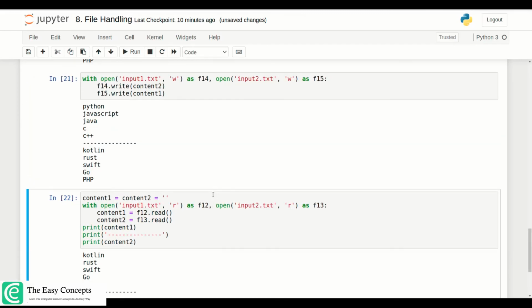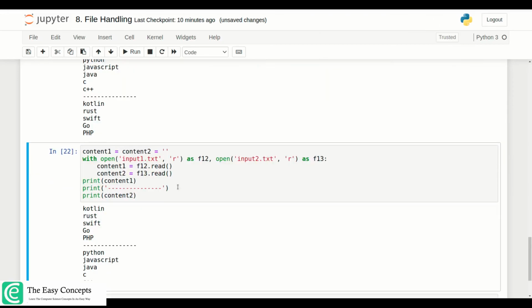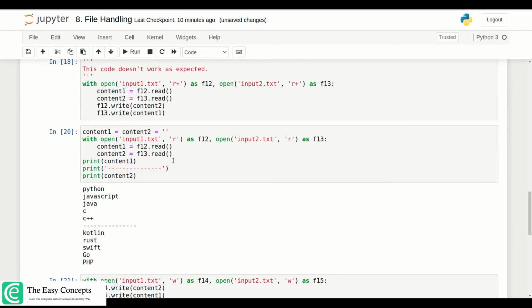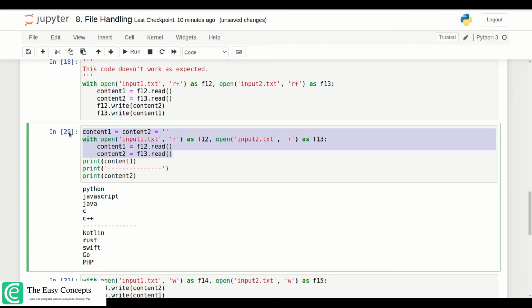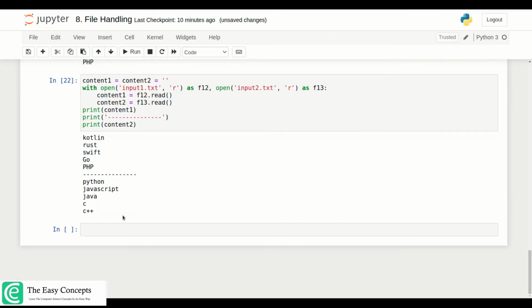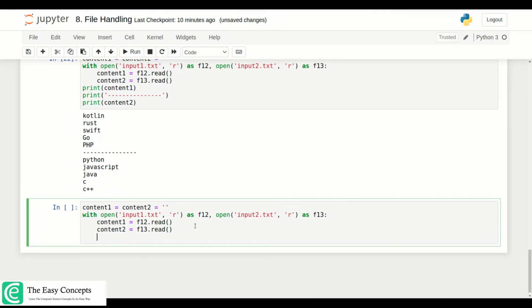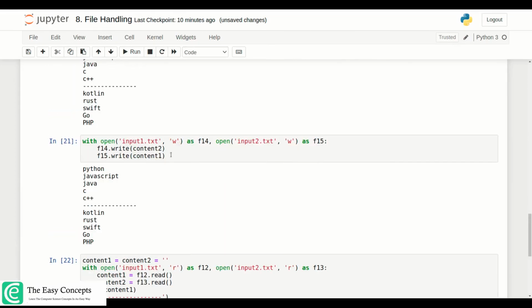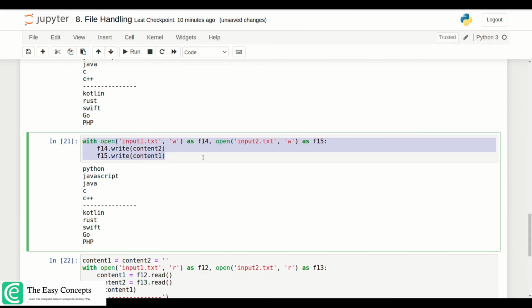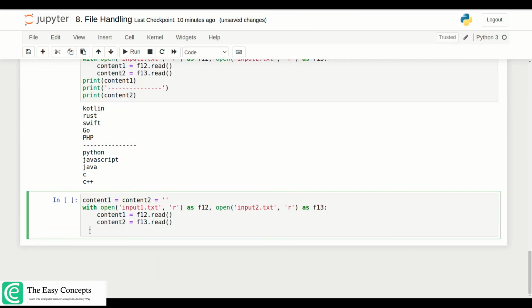If you want to do all these things in a single cell, we can do so. Let me try that again. I will copy the content directly, and now I have to open this file in read mode. I will copy this because if I type this again and again, it will be difficult for me.